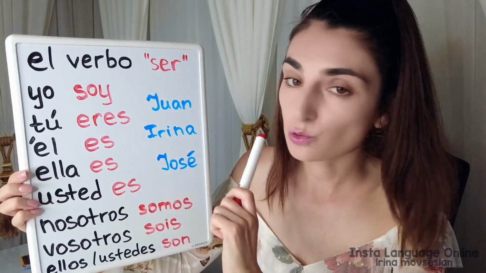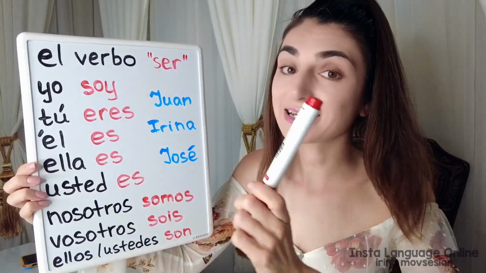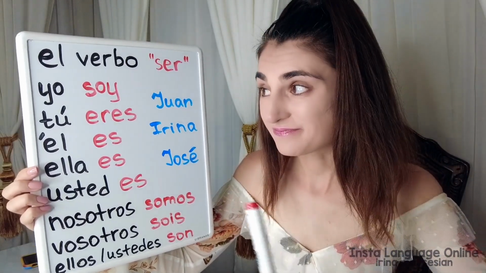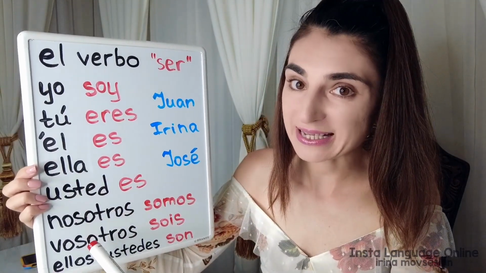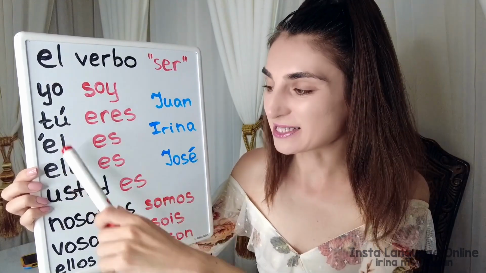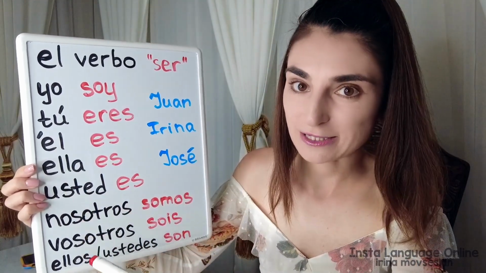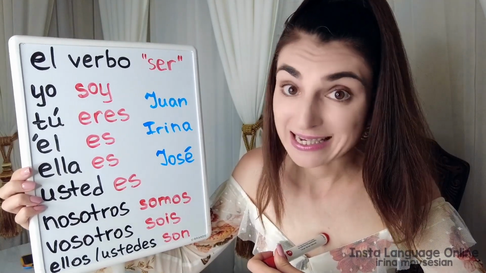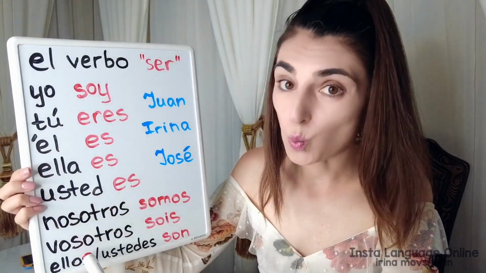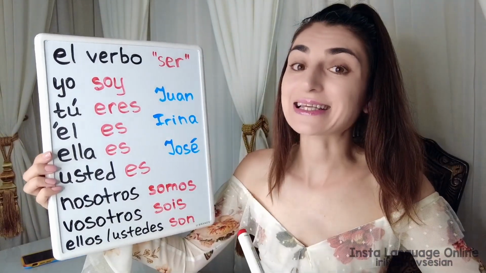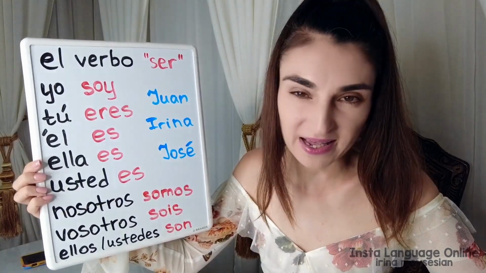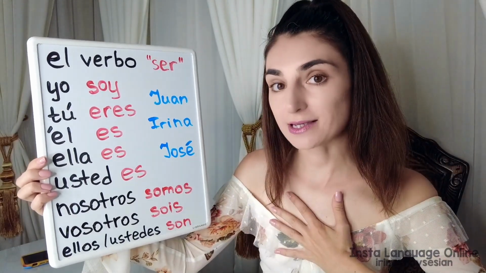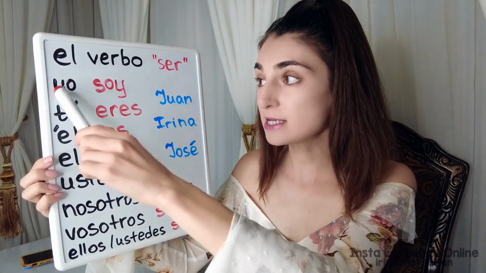So now, how do we introduce ourselves? And here's the fun part. At our first class, we learned pronombres. Spanish pronouns. Spanish yo, tú, él, ella. To introduce ourselves, we do not need these words. For example, in Castellano, in the real Spanish from Spain, we just say soy Irina. Soy Irina. I don't need yo.